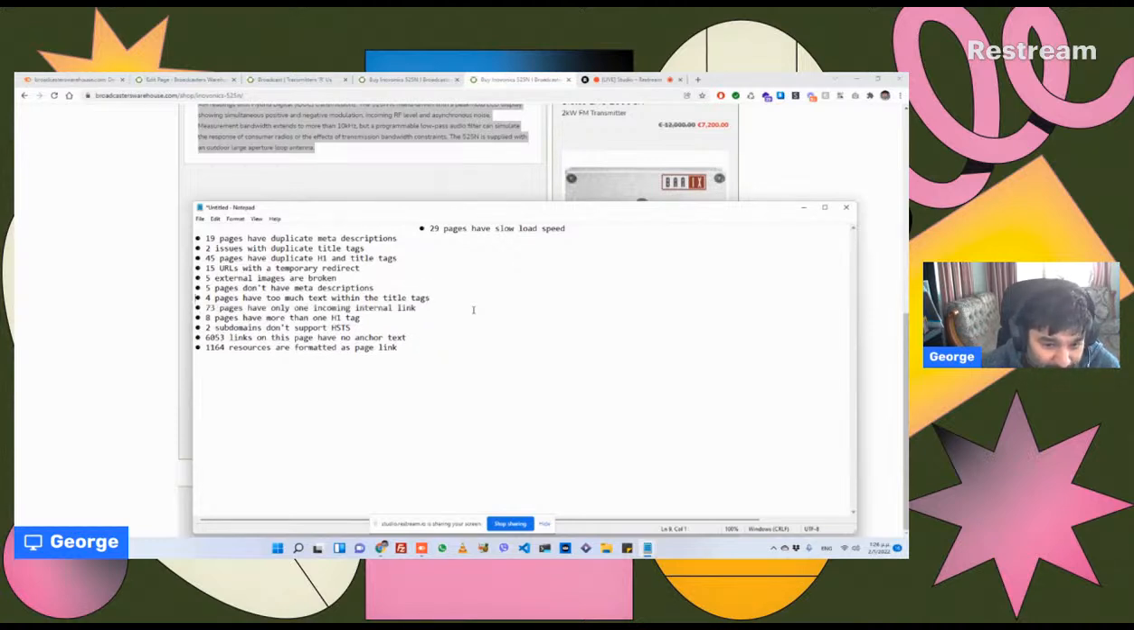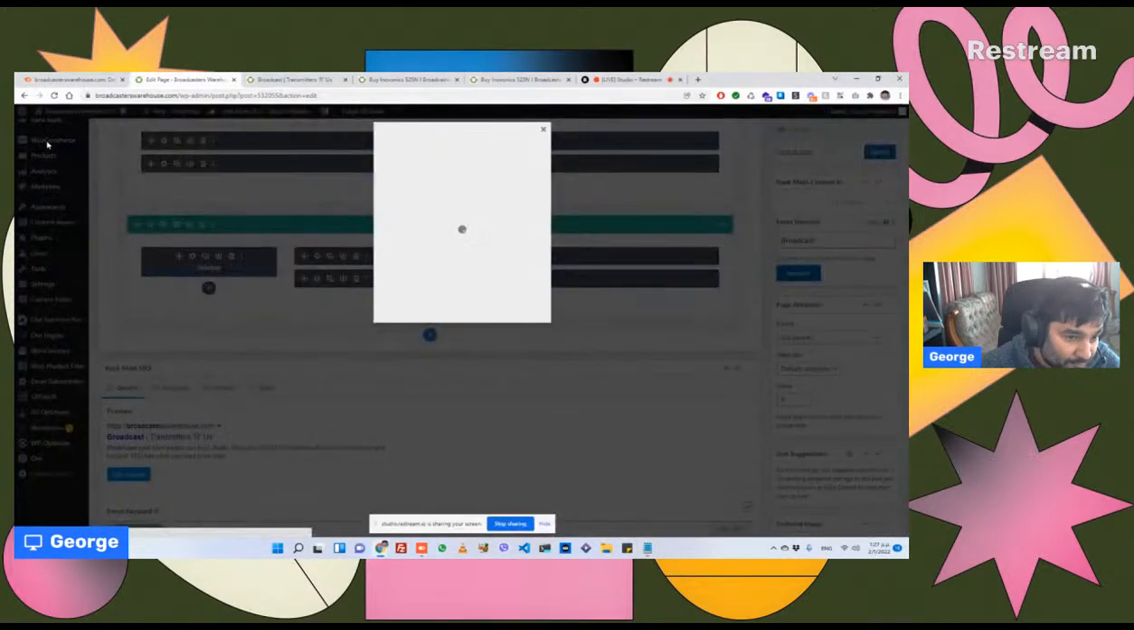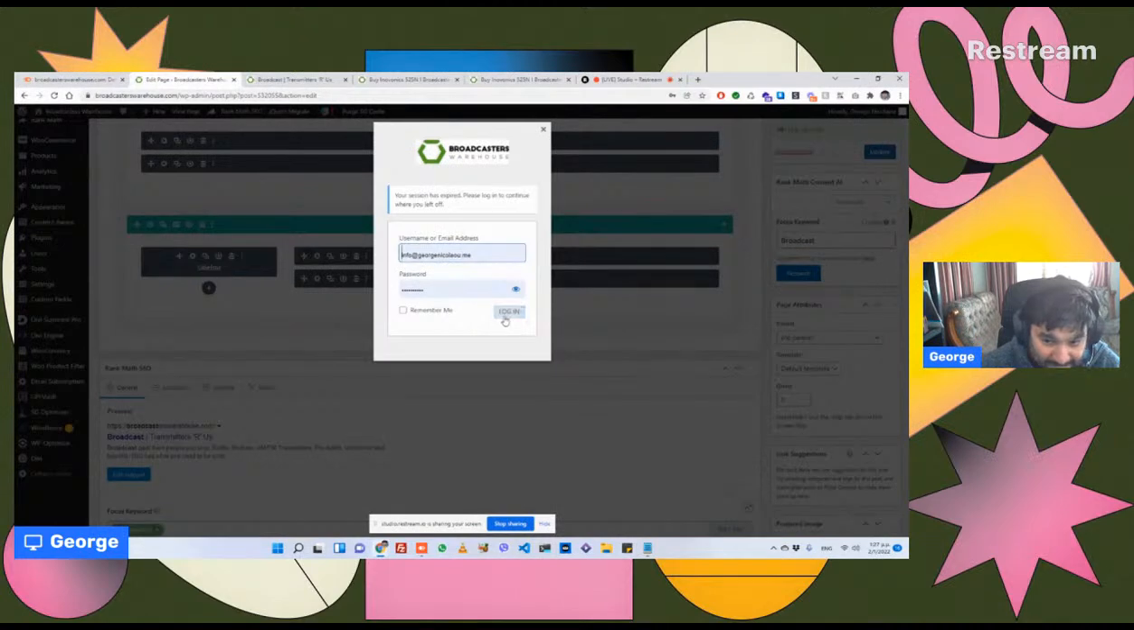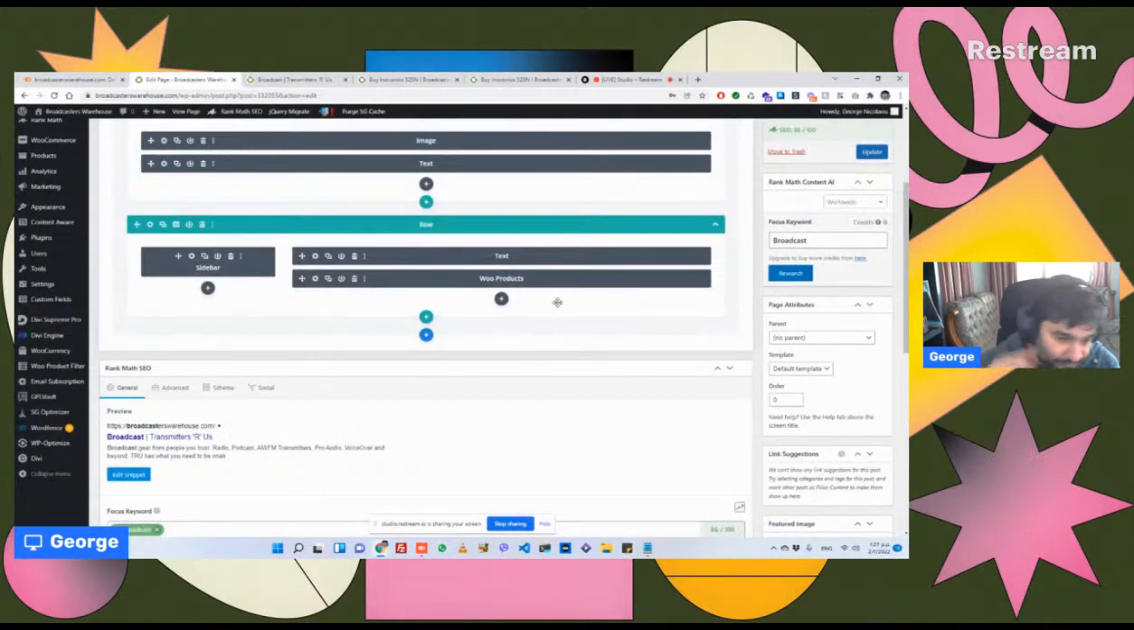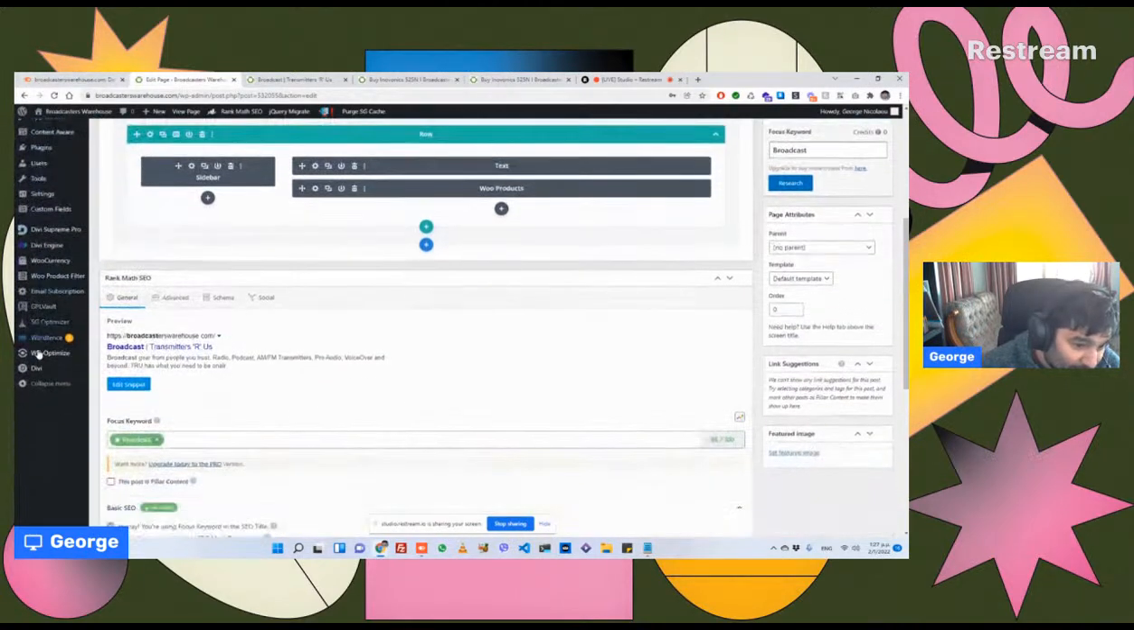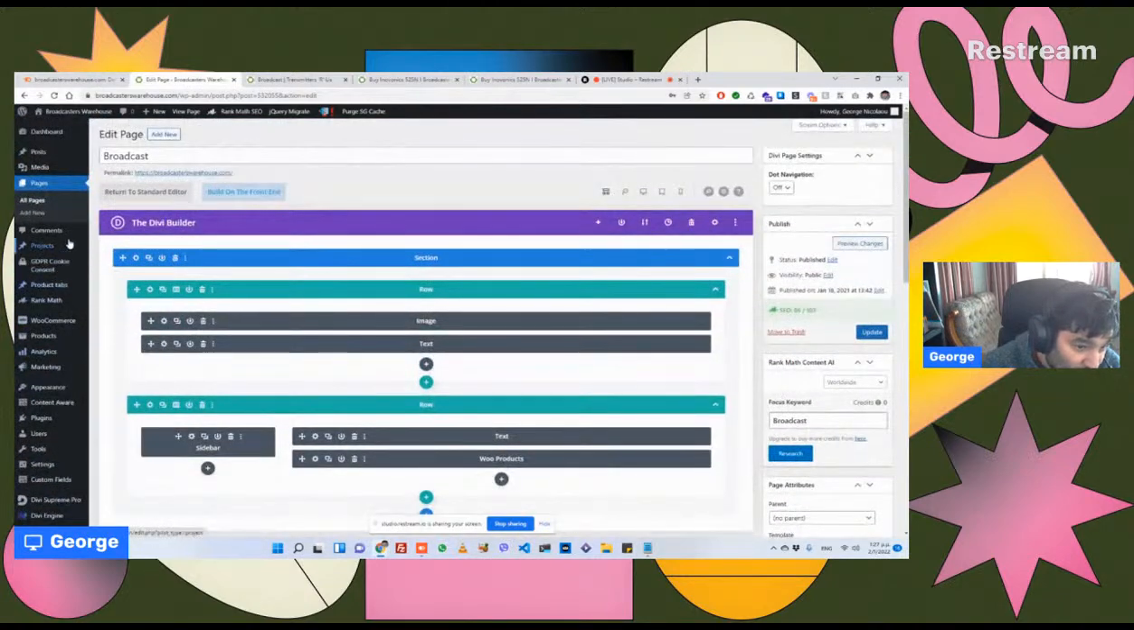It says that there are 4 pages that have too much text within the title. He might have written a long title that says something like, I don't know, I don't want to go through all of these pages and find long-winded titles. But for example, if I were to go to a product of his, like this one,